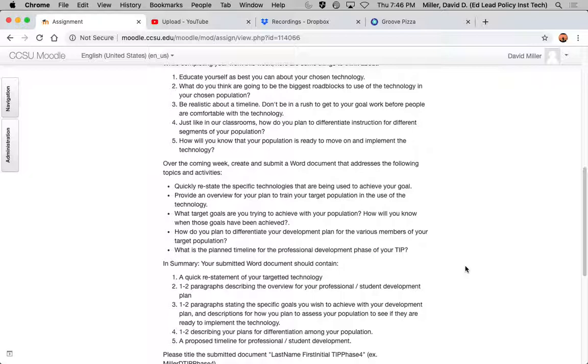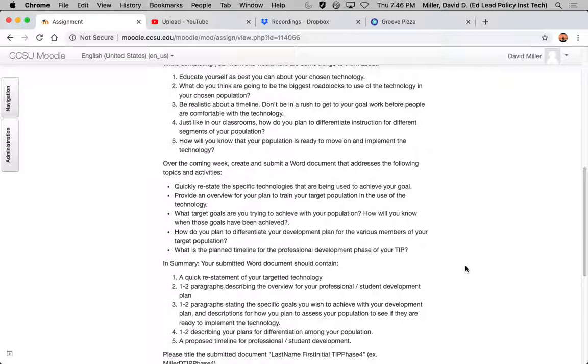So if you're thinking about training and you're coming up with a plan for training, just like in a good classroom, how are you going to keep both of those ends of the spectrum engaged? How do you bring the people who need more help along? And how at the same time do you utilize and not make the people bored who kind of get it right away or maybe already have some experience? So give some thought to that.